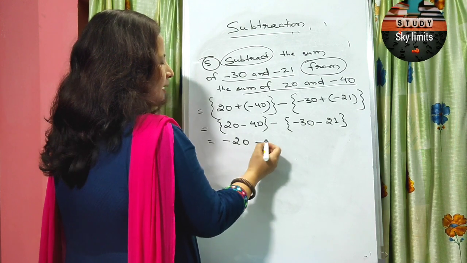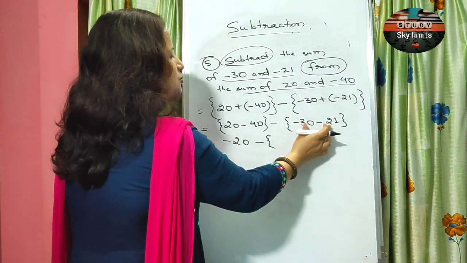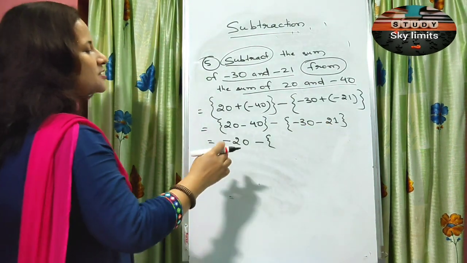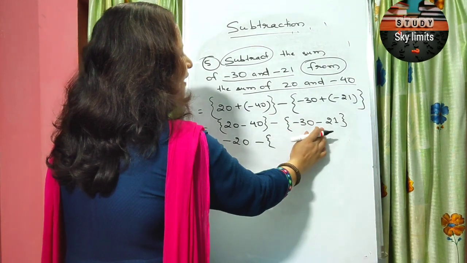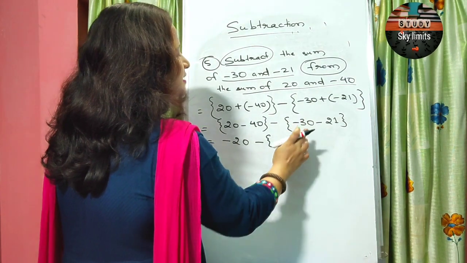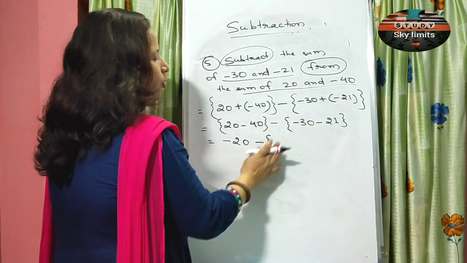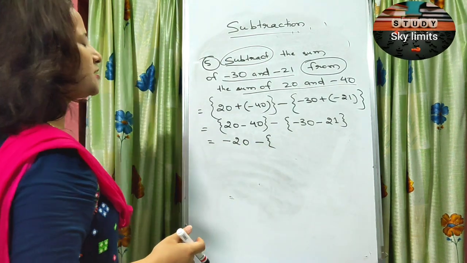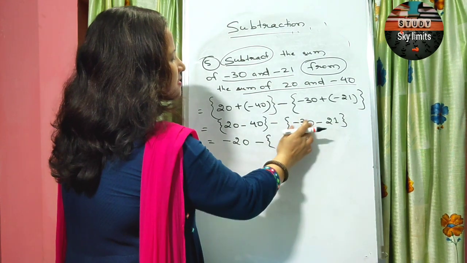And then remember, don't open this bracket very soon before solving the numbers which are present inside the bracket. Now inside this bracket we have two negative numbers. There is minus 30 and minus 21. So now as you can see here, both are negative. So we will not be opening this bracket now, as this may affect the sum. So what we are going to do is first solve these two, minus 30 minus 21.